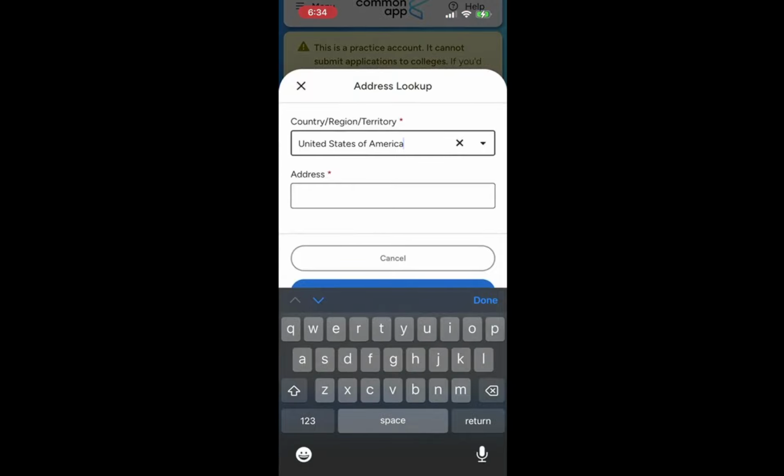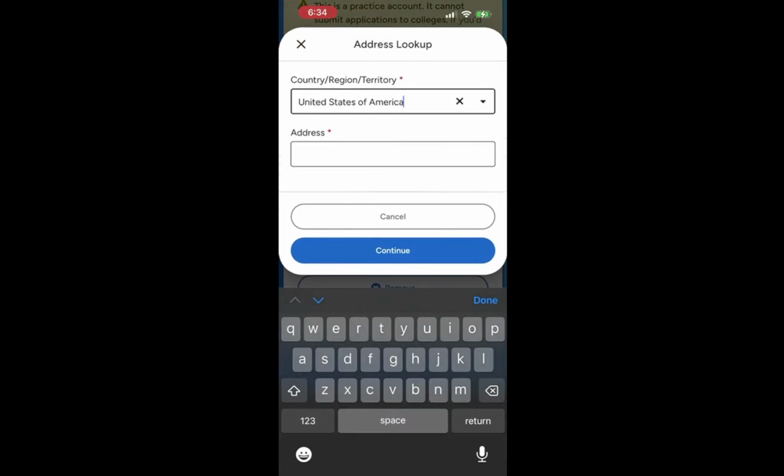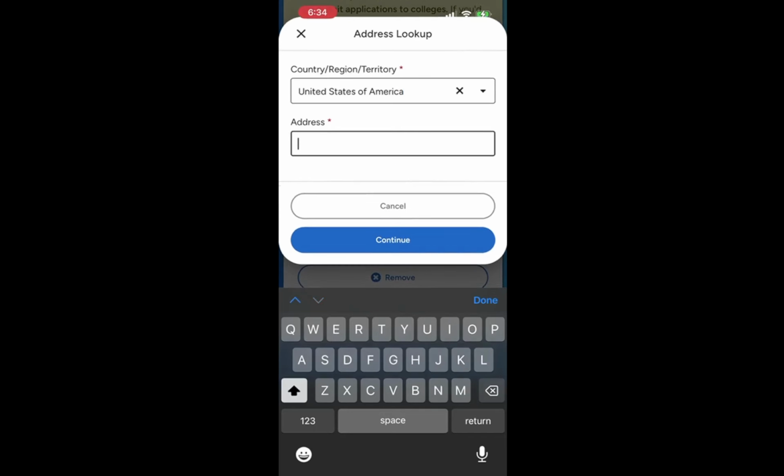Next, save your changes before submitting your application. Look for a prominent Save button, usually at the bottom of the page. Clicking this button ensures that all your updates are stored in the system. This step is vital because it prevents any loss of information. After saving, you will typically see a confirmation message giving you peace of mind that your changes have been recorded.